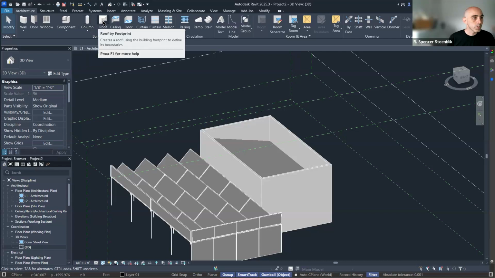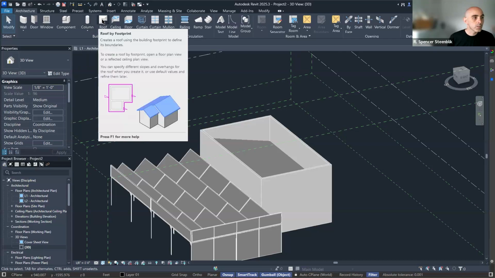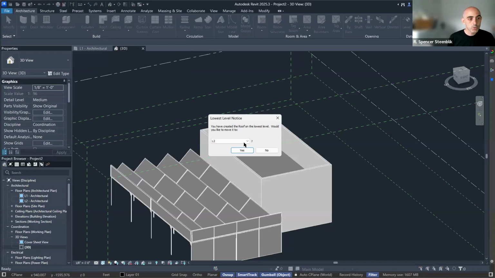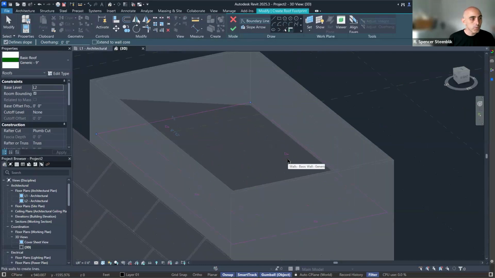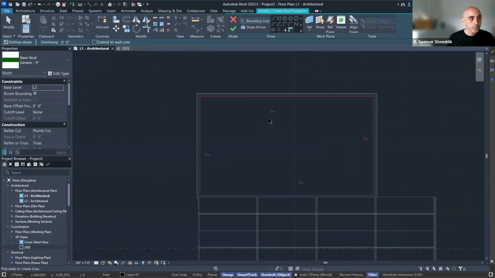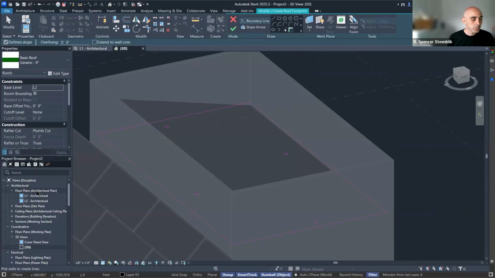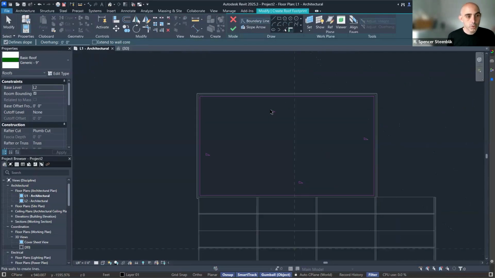That's references, not RF. It's roof by footprint. Doesn't have a good one. So we're going to do this at level 2, yes. And we're going to do that wall, that wall, that wall, and that wall. And you can see, if we go in plan view, which I haven't really talked about the way that the program is set up, but just trying to get through some modeling quick. If you go in plan view, you can see these